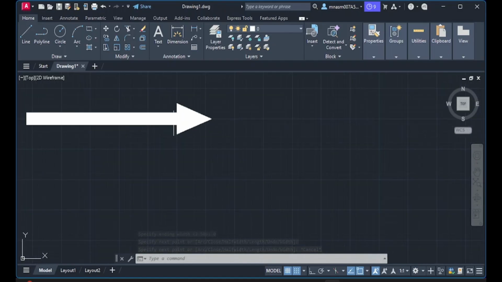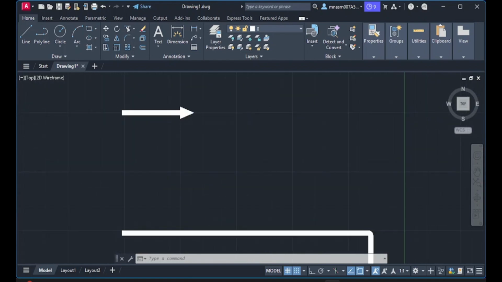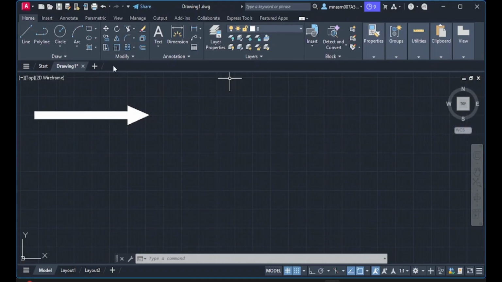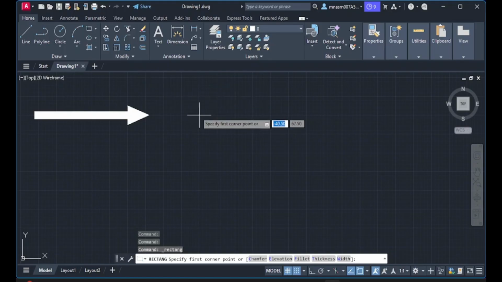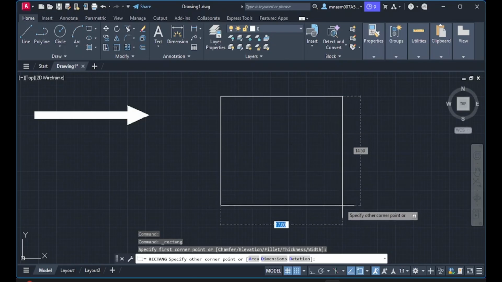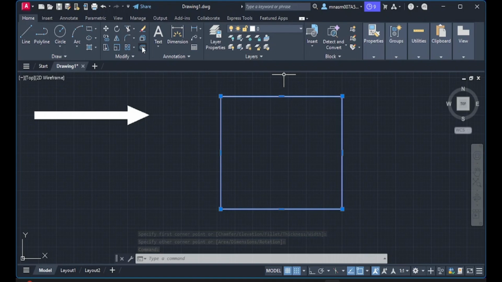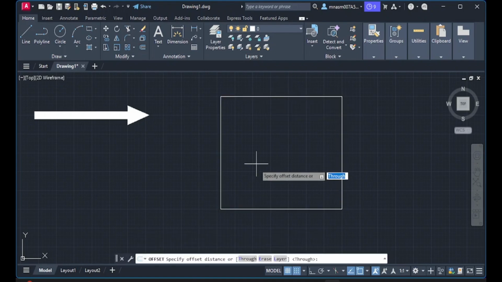Okay, here I just use the width command. This can also be used sometimes to make a diffuser on the drawing screen. Sometimes we make diffusers rectangular in shape. Suppose I have this rectangle, and then I want to offset it by 2 mm. Okay, so I will offset it by 2 mm,